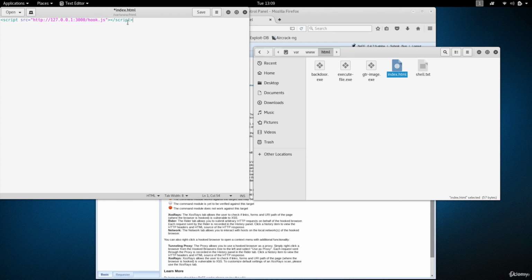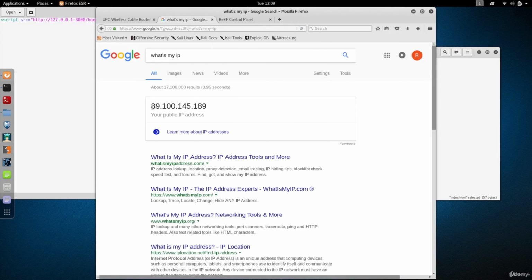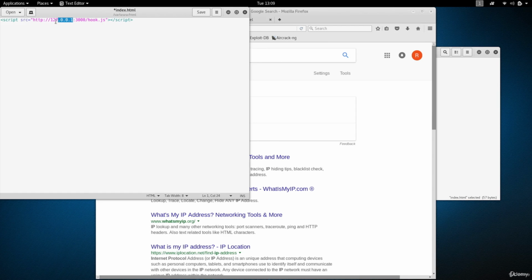And the only thing that you want to change, all of this is okay. The only thing that you want to change, as I said before, anywhere that we used to use our normal IP, we're going to use our external IP so that when people try to connect, they'll actually be able to find our computer, because if we use the internal IP, they won't be able to see it. So again, I'm going to use the IP that we see on Google when we type in what's my IP. And that's it. I'm good to go. So I'm going to save this,